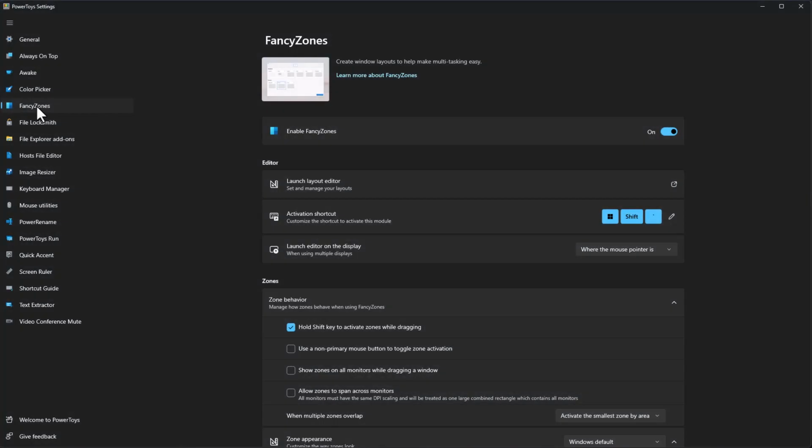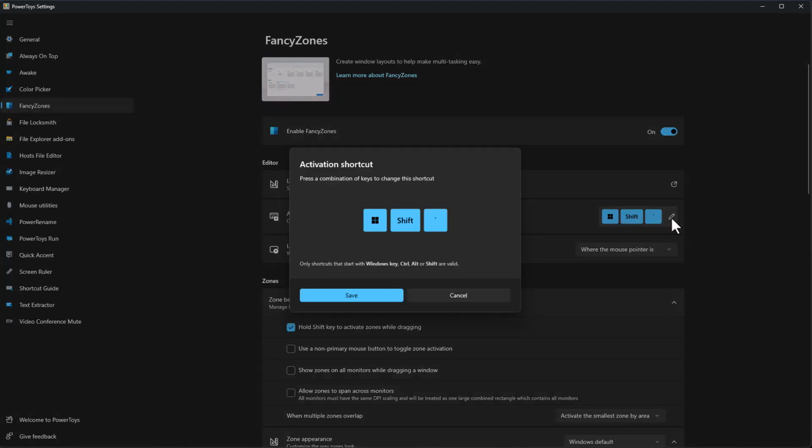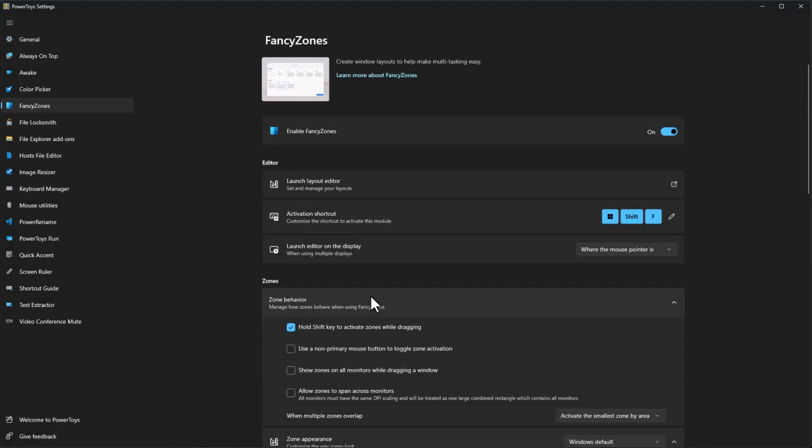If you like to work with a single monitor, you're going to enjoy this feature the most. Fancy Zones is a Windows Manager utility for arranging and snapping windows into your personal customizable layouts. Before we start, I would like to change its shortcut to something that is easier for me to remember. I like to use Windows, Shift, and F for Fancy. Click on the pen icon and then click on the letter you want to change, and then hit the new key on your keyboard and save.